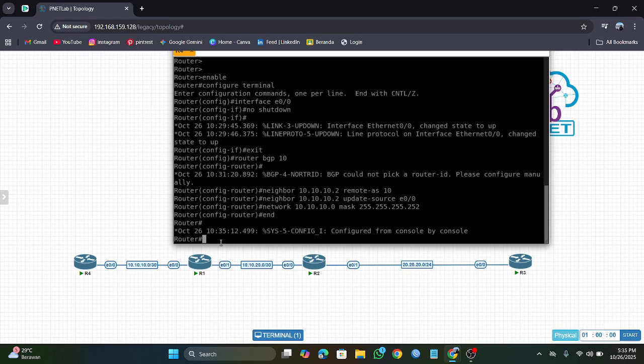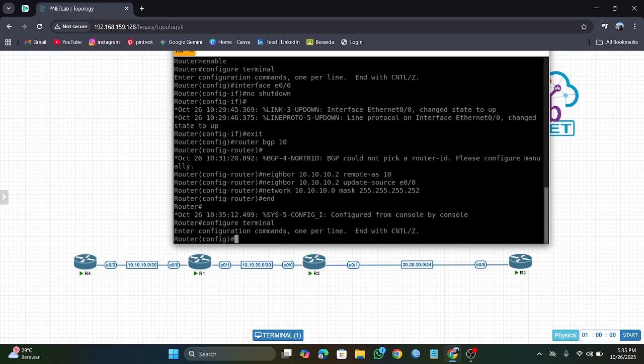You can type configure. Oh, I forgot here. You can change the name by typing configure terminal. Configure terminal.